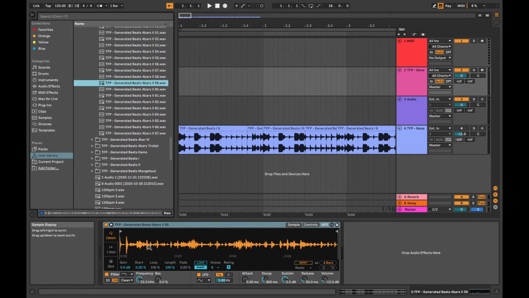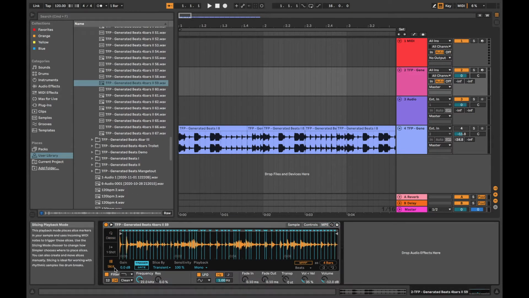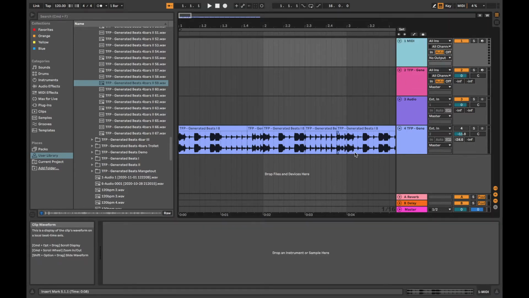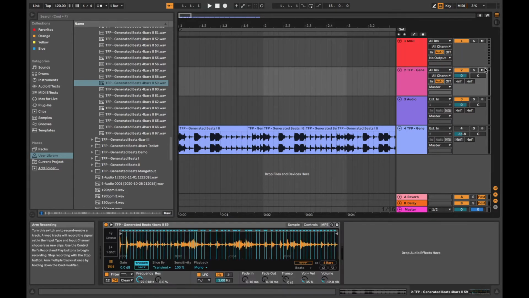Okay, let's just do that one. Can't keep going forever. And then you click to slice, and then it slices the loop up automatically for you. This is not a full tutorial of exactly how this works, because I'm just not going to talk about that today. So now, when I press different keys on my keyboard,